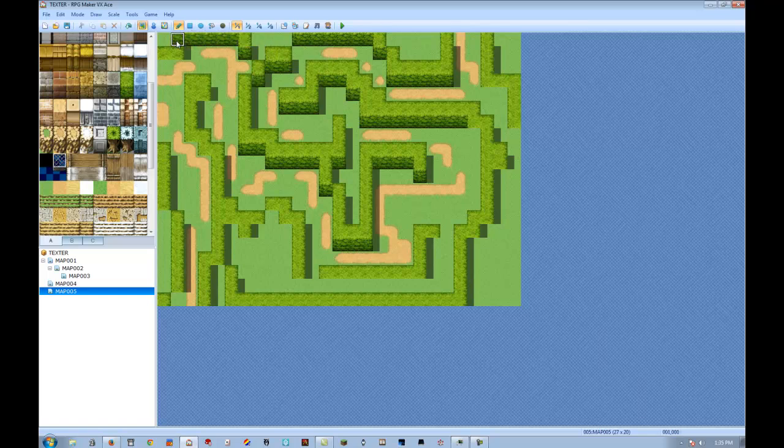As you can see, it's very slowly coming together. Very rough too, but you know,